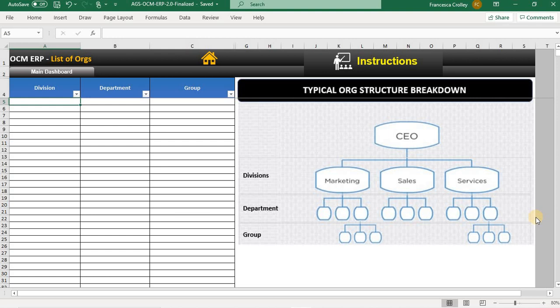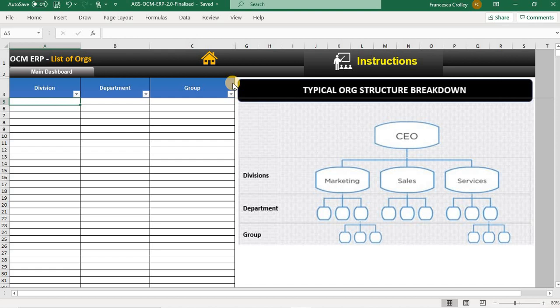Next, let us go over the various columns that you will see on the Unique List of Orgs table. The first column you will see is the Division column. This is where you will enter the unique list of all divisions within your company. The second column is where you will enter the unique list of all departments within your company. Use the Group column to enter the unique list of groups across your organization. Where possible, make sure to include the list of every organization within your company. This way they are all included as part of the drop-down options in the template databases in the appropriate modules